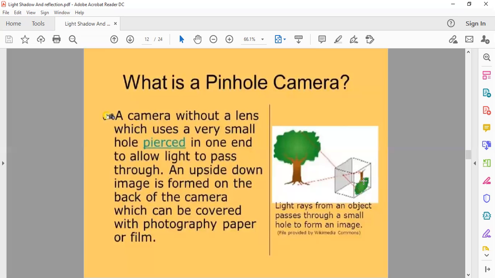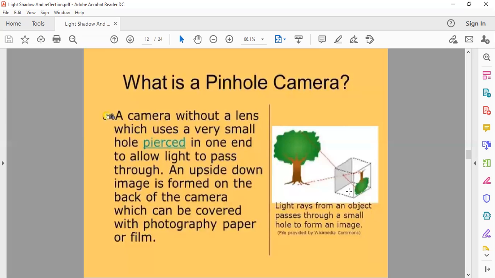It consists of a light proof box. As I have told you already, this is a box in which only a small hole is there. So this is a light proof box, some sort of film, and a pinhole only. So three things are required: one, a light proof box; other thing is a film or a photography paper; and another is a pinhole only.